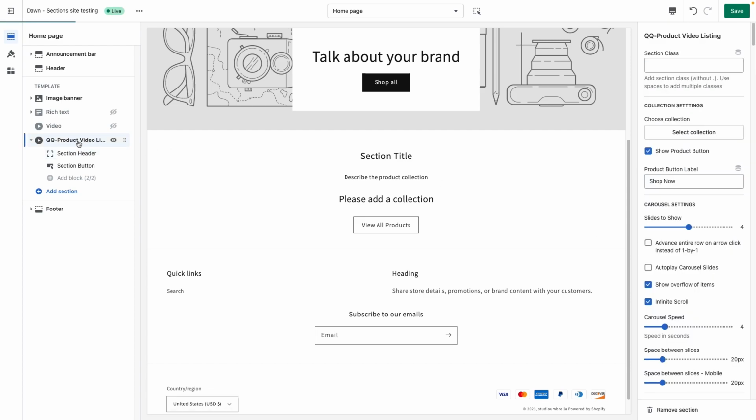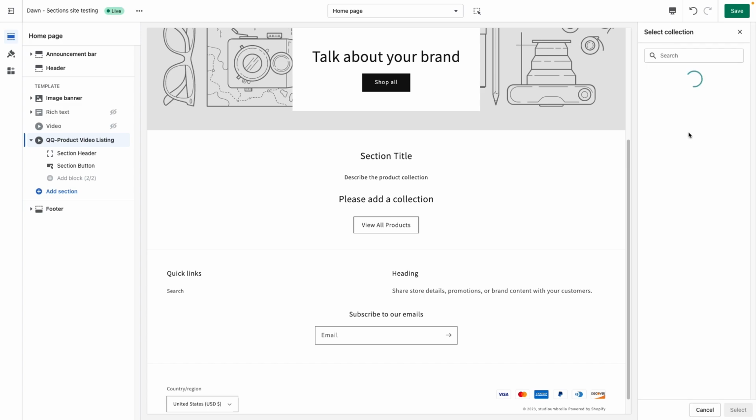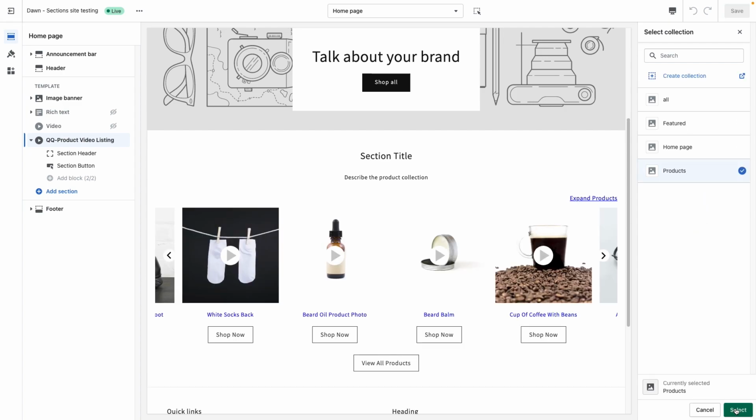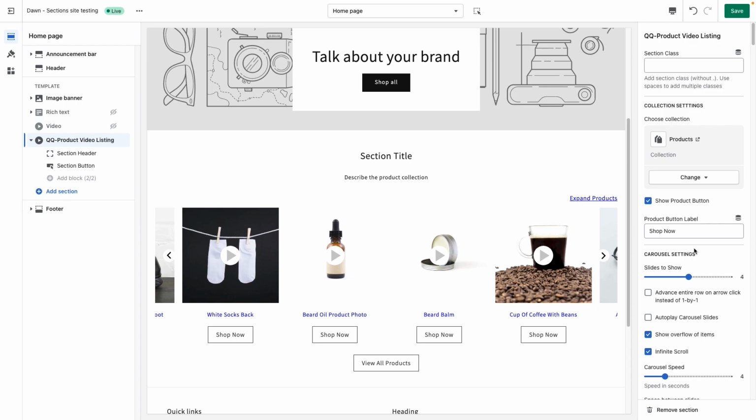So clicking on the main section over on the left side, going over to the right side, the first thing we can do is choose the collection you want to show. So let's select collection and choose the collection. There you go. Now to set this up,